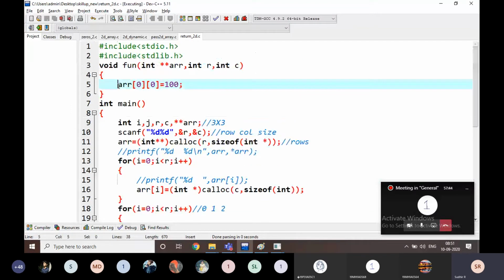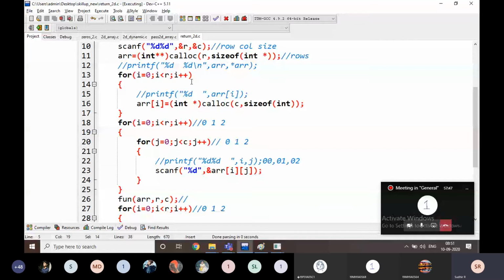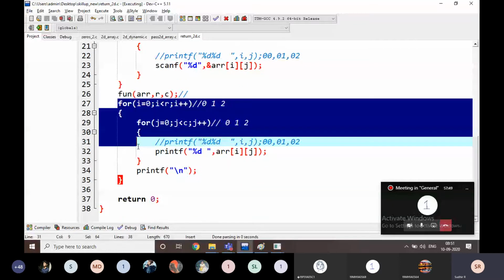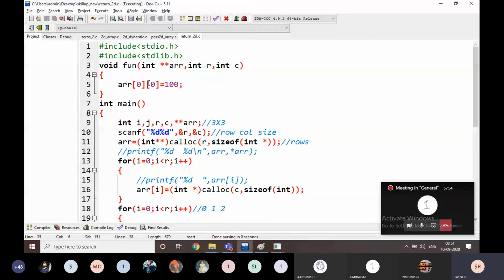What am I doing here? If there are any modifications in the function definition, it is applicable on the main function array also. Okay. Just remember the points, that's it, nothing else. Don't write all the things, there is no need. But here